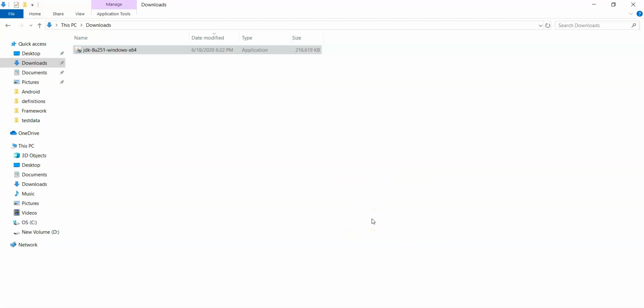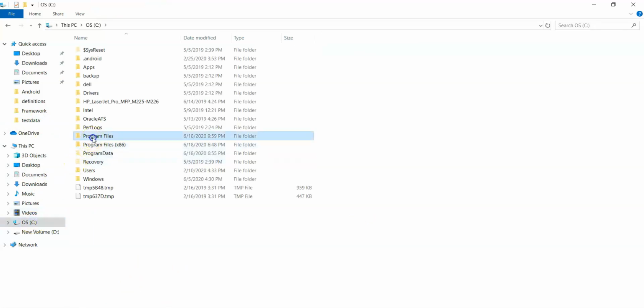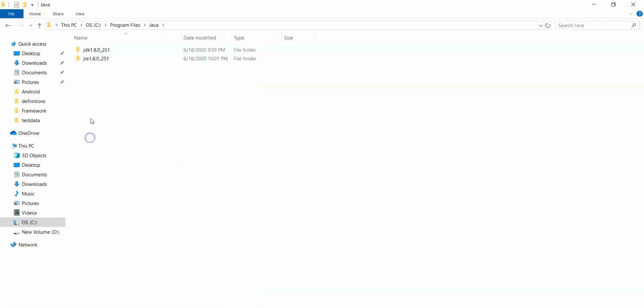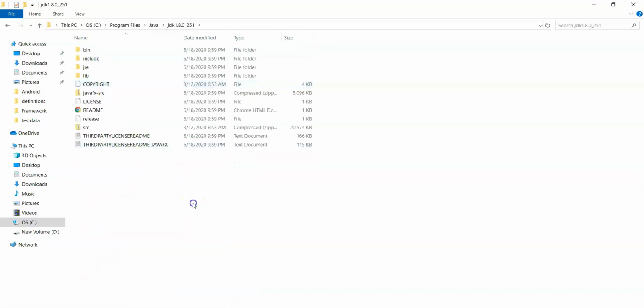Now you need to set the environment variables. So first let's see where the Java got installed. C program files Java JDK, right? So now you need to set the environment variables. So first variable is JAVA_HOME, that is you need to set the JDK path as JAVA_HOME variable.